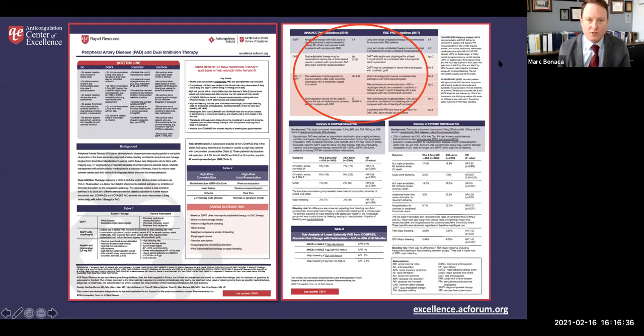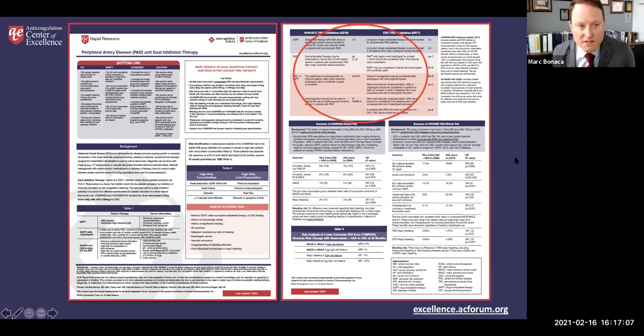revascularization procedure. We know these patients are exquisitely high risk of acute limb ischemia and amputation. And then when you layer on top of that her presenting syndrome of critical limb ischemia, she's the type of patient I would expect to have somewhere between a 25 and 30% risk of a major adverse event of the limb, heart, or brain over the next 2 to 3 years, probably within the next year. And so there's clearly risk. And I do think this risk is modifiable with dual pathway inhibition.